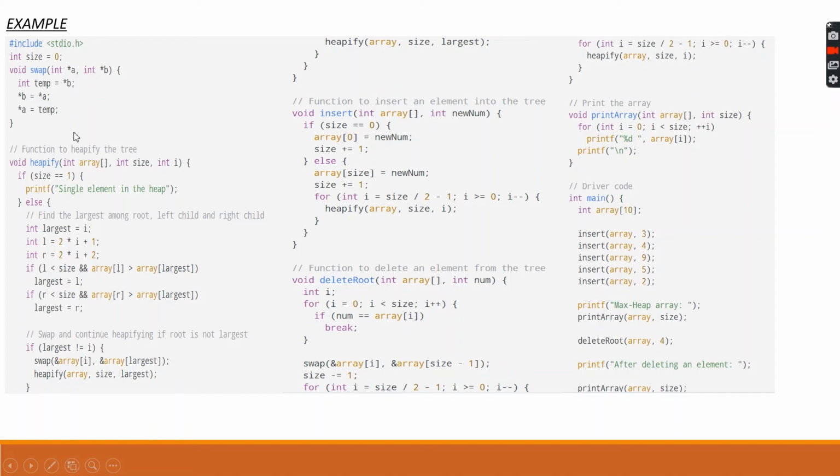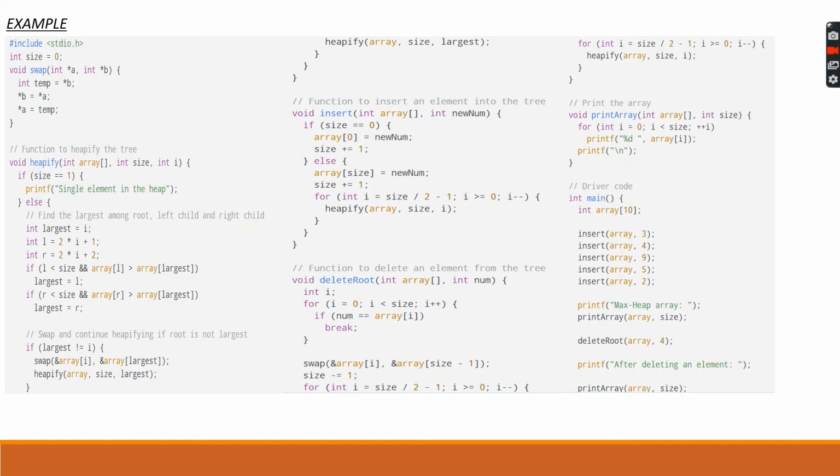Now we'll be using the function heapify, and int array, int size and int i are the arguments. If there is only a single element in the heap, we'll be using the printf statement, and in the else condition we'll be finding the largest among root, left child and right child. If we get the largest, we'll be declaring it as i. So l = 2*i + 1, r = 2*i + 2, as it is a tree.